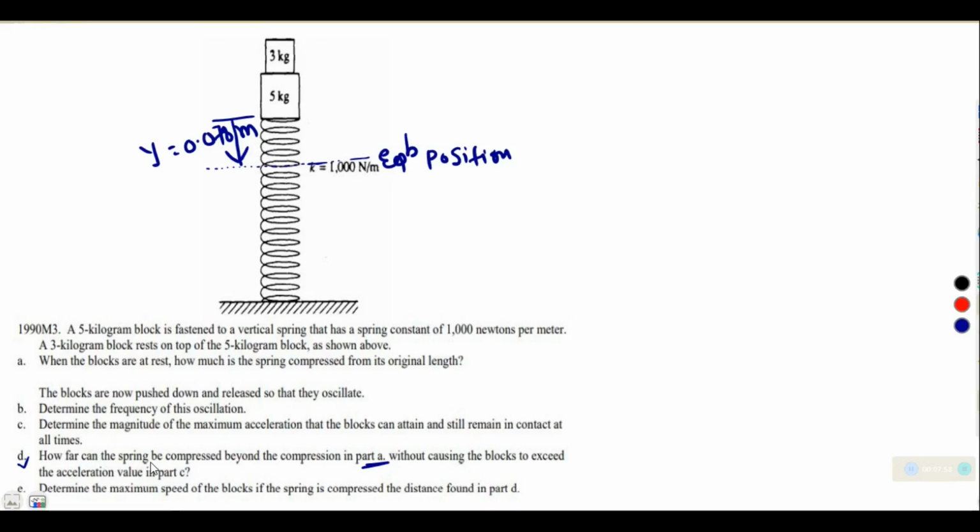So the question is saying, how far can the spring be compressed beyond the compression in part A without causing the block to exceed the acceleration value in part C. So both the blocks are still in contact, and we have to find what is the maximum compression, how far the spring can be compressed. It will oscillate in simple harmonic motion and go beyond this. So what we will do,